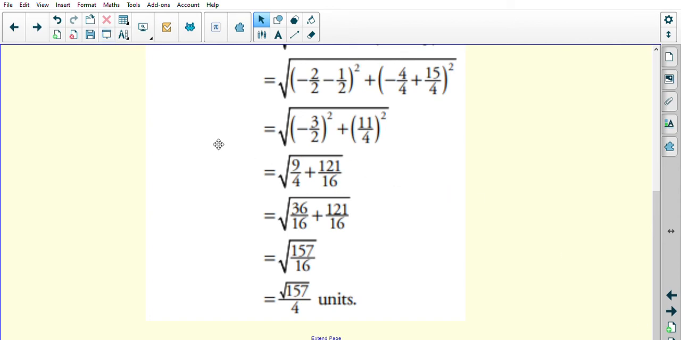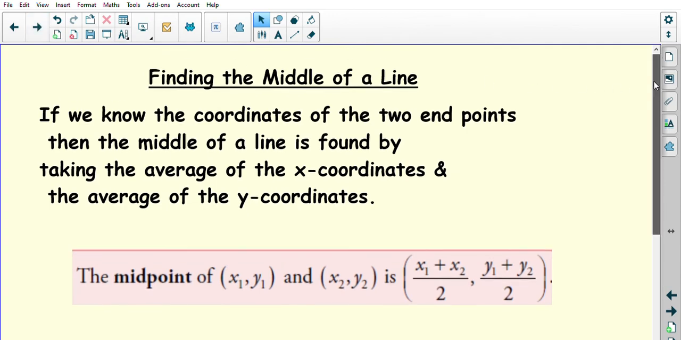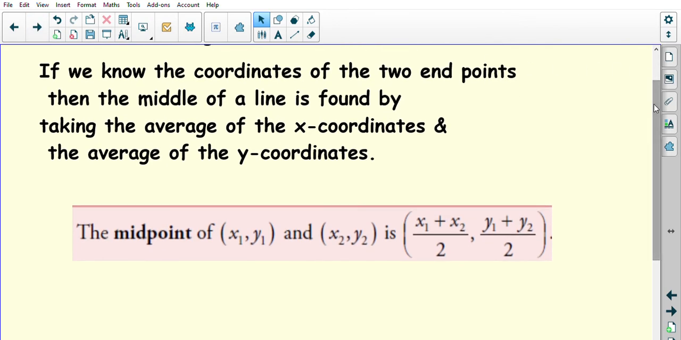Right, well that's it for the distance and using the distance formula. We're now going to look at working out how to find the midpoint. So finding the middle of a line, okay, if we know the coordinates of the two endpoints, then the middle of a line is found by taking the average of the x coordinates and the average of the y coordinates, okay. So basically we get this formula here, okay, so the midpoint of this coordinate and that coordinate there, well,